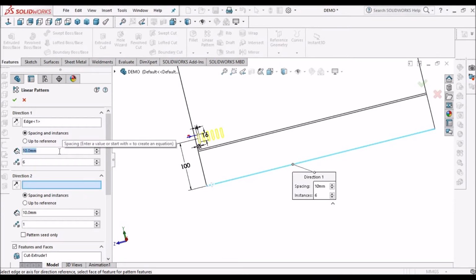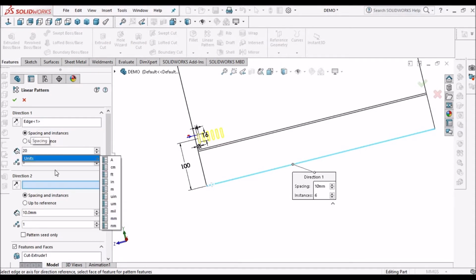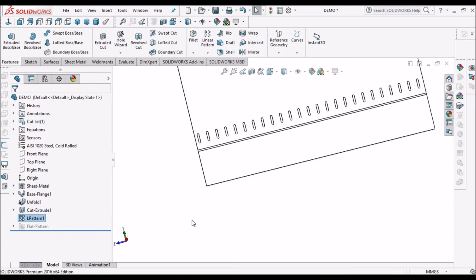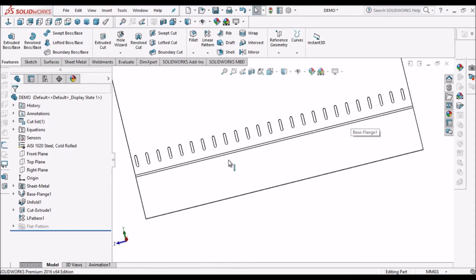This is 20 mm distance and 25 instances. So this pattern is easy for us to modify.